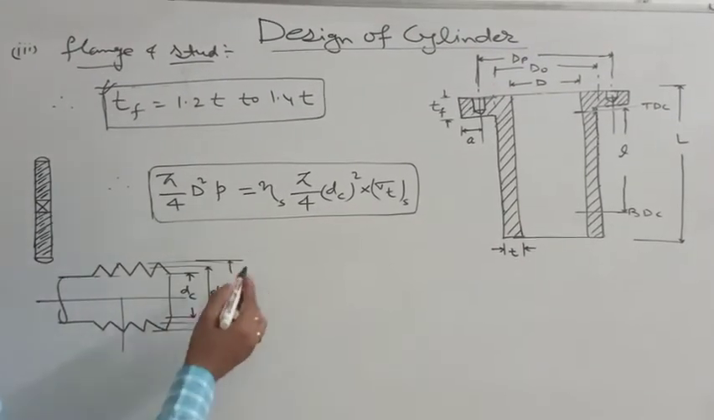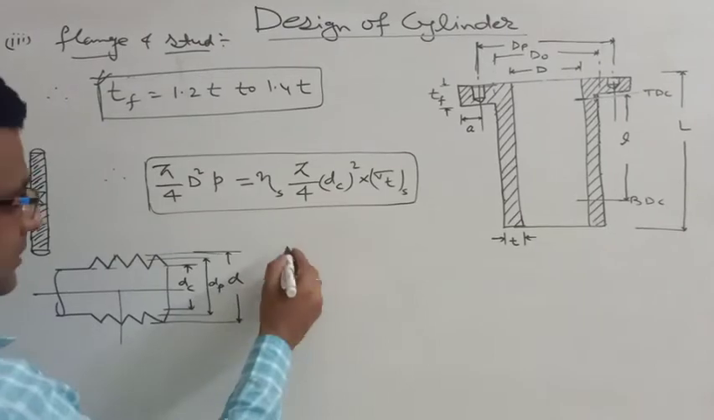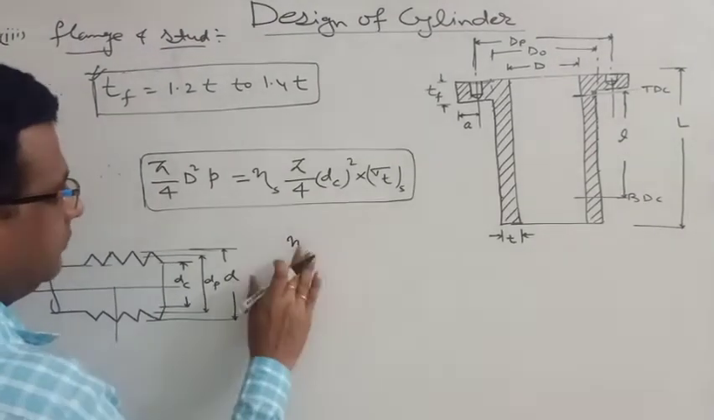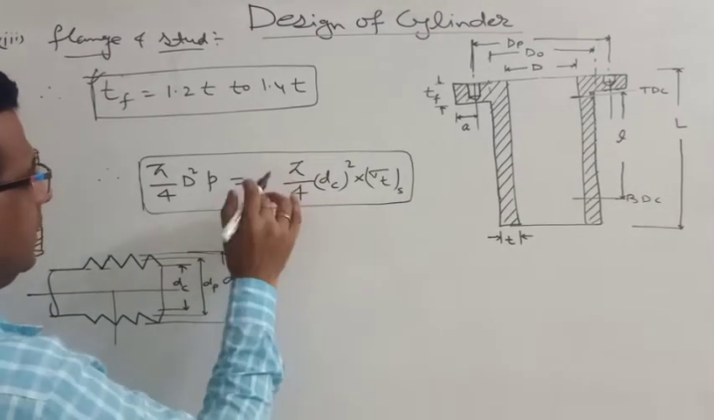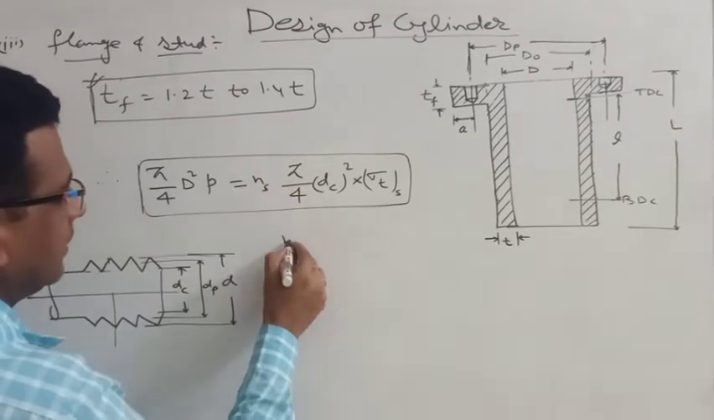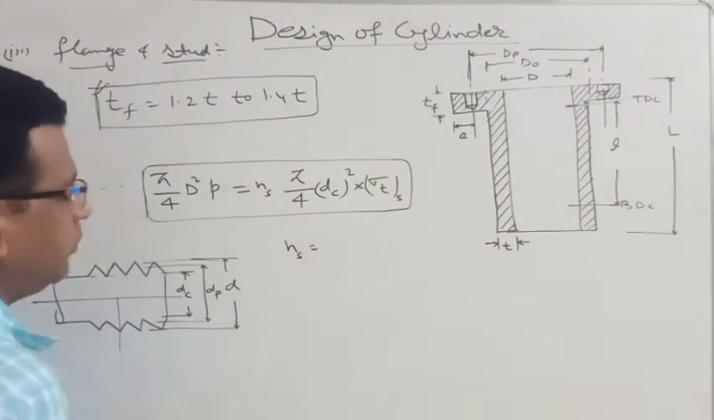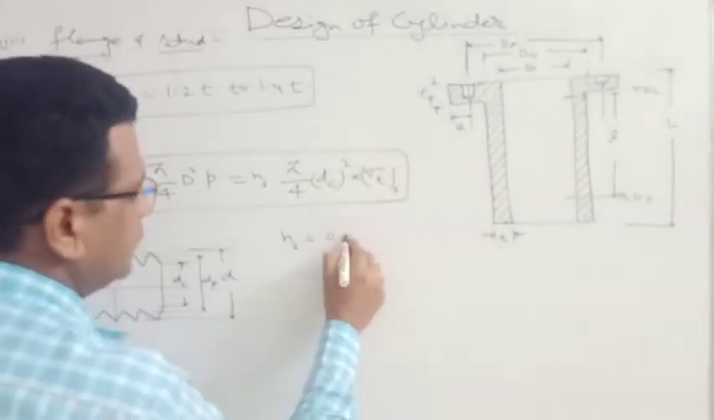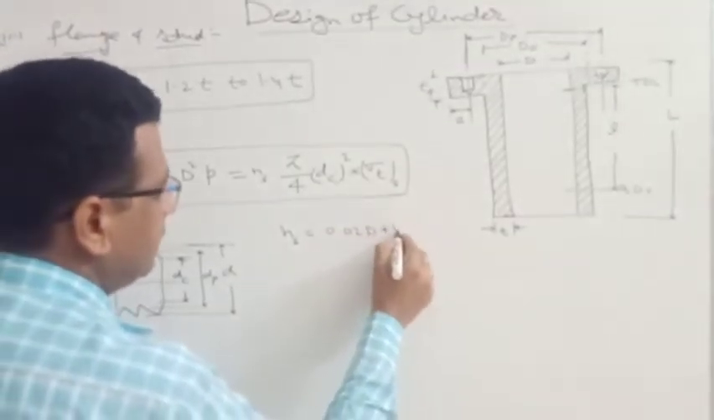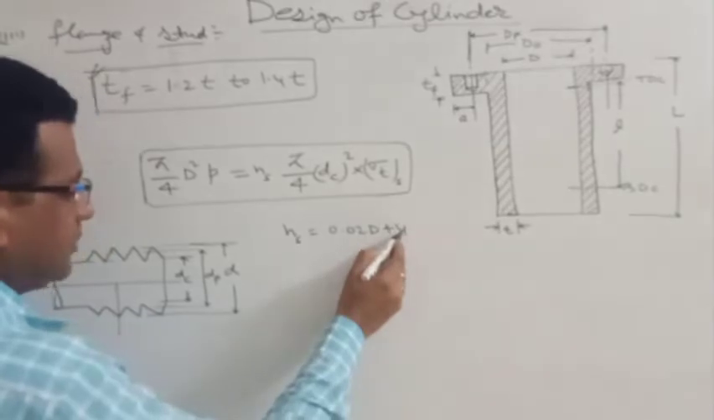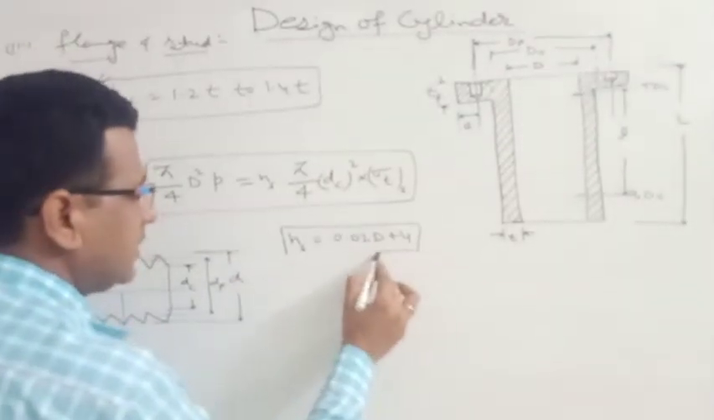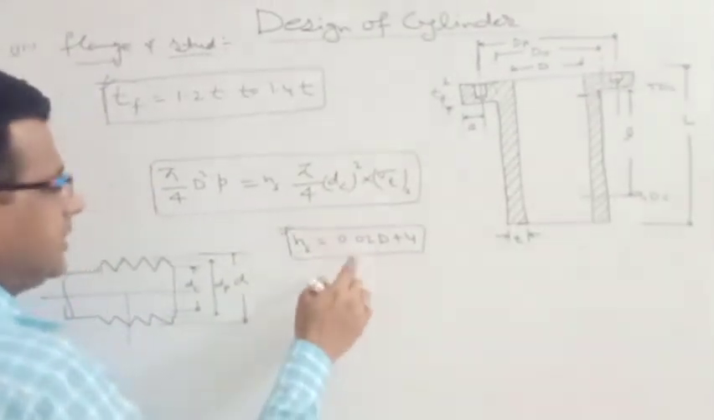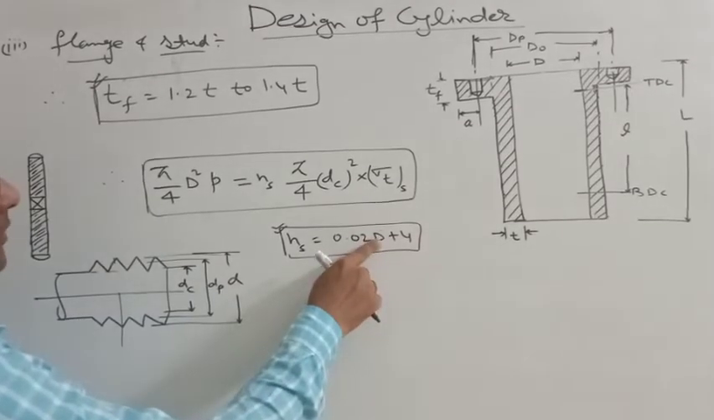In this, the value of NS is the effective number of studs. This should be 0.02 D plus 4. It means a minimum of 4 studs are required. We can calculate the number of studs by having the value of D, which we calculated in our second step,